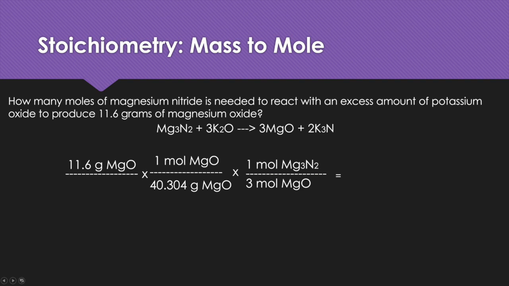Now, the tricky part, solving. Okay, it's not that tricky, but we must know how to put the numbers correctly into our scientific calculator. So we have 11.6 divided by 40.304 times 3. So what I would recommend doing is 40.304 times 3, and then you write that on the bottom line, and then you put 11.6 on top, so you remember the two numbers, and then you divide those, and your answer should be